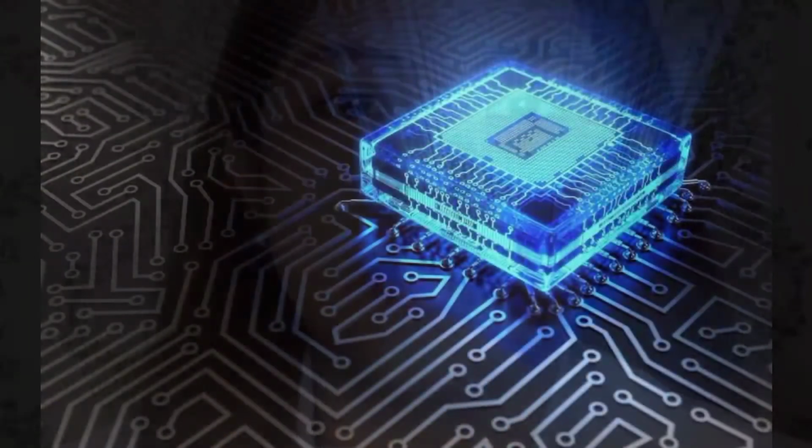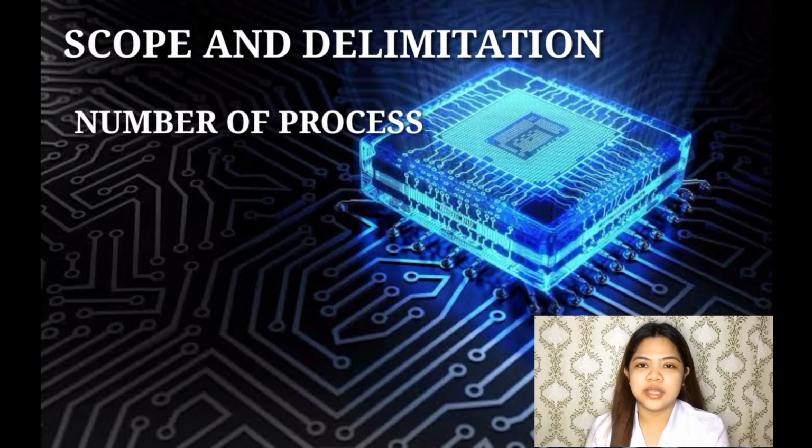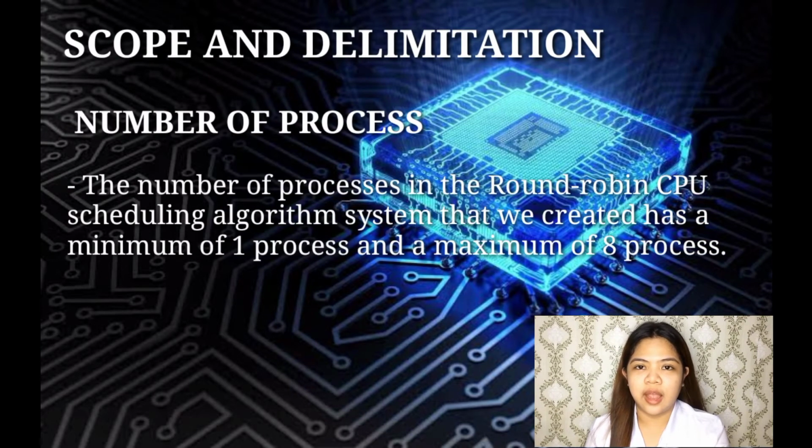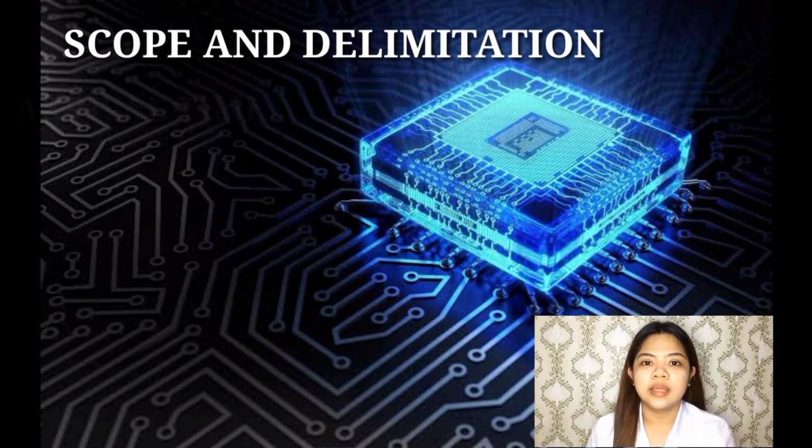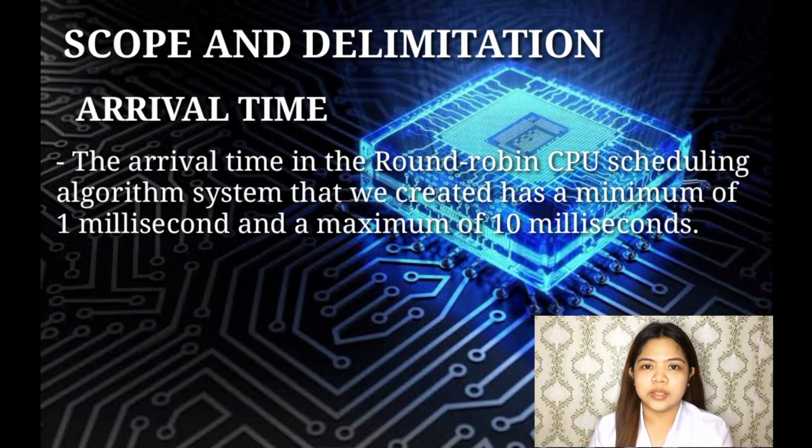Hi, good day everyone. I am Bantaculo and I am going to discuss the scope and the limitation of the program that we created, which is the round-robin CPU scheduling algorithm. The number of processes in the system that we created has a minimum of 1 process and a maximum of 8 processes. The arrival time of the system has a minimum of 1 millisecond and a maximum of 10 milliseconds,